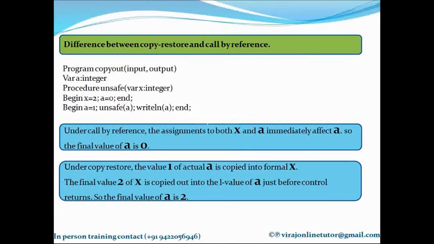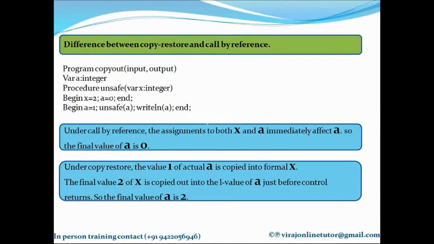Then I am assigning A to 0, meaning X and A were pointing to the same memory location, right? And I have put 2 inside that. Now when I assign A equal to 0, that means to the same memory location I am overwriting 2 with 0.